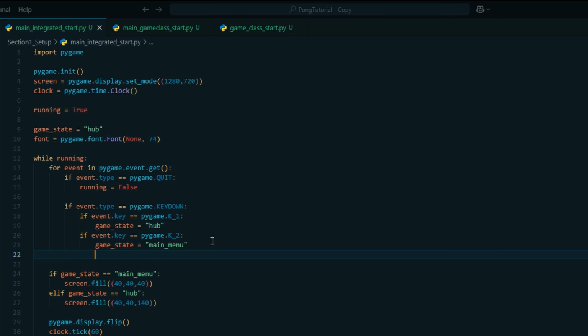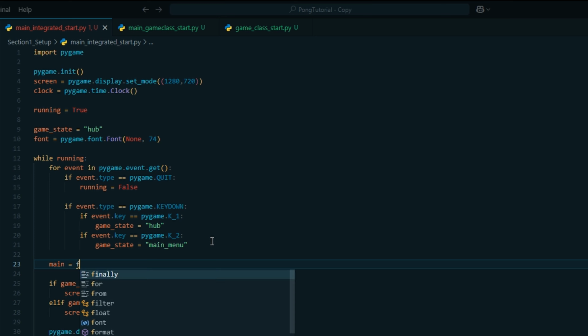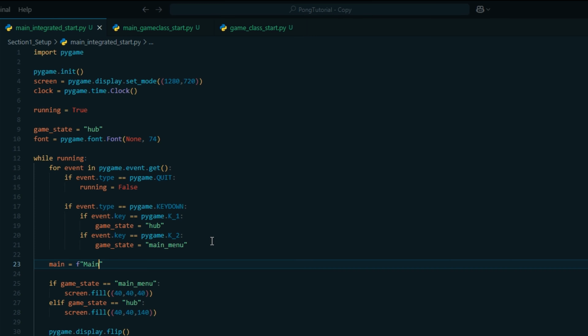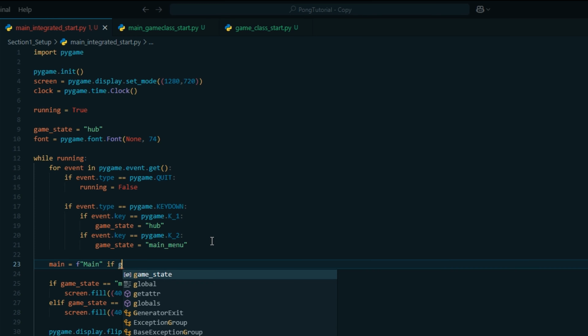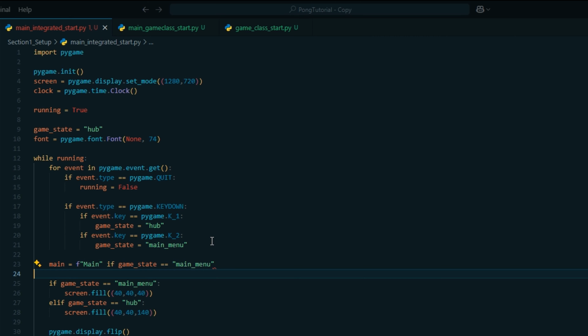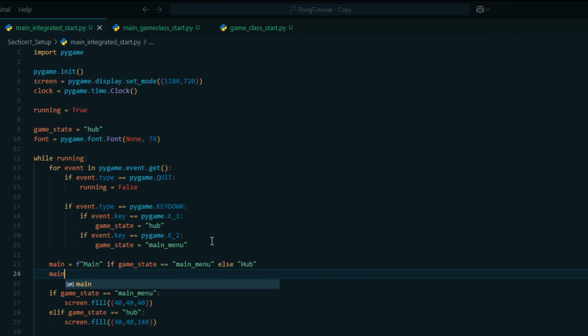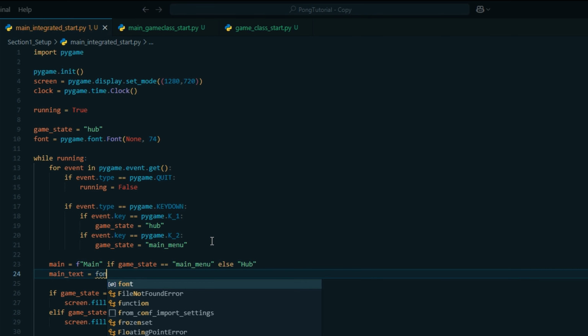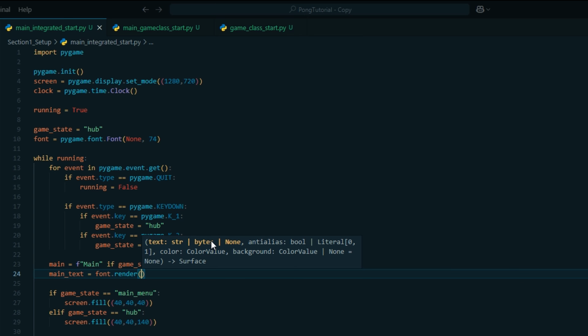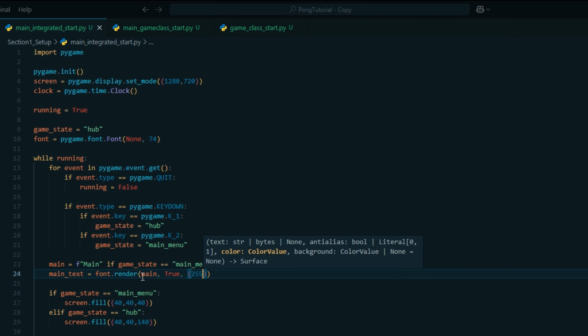So let's render our text. We can do main equals formatted string main if game state equals main menu, else hub, and then we can do our main text equals font.render. The way this works, as you can see, we take a text, which is a string, we take an anti-alias, which is a true or false, and we take a color. So we're going to say we want the main text, we want anti-aliasing enabled, and our tuple will be white